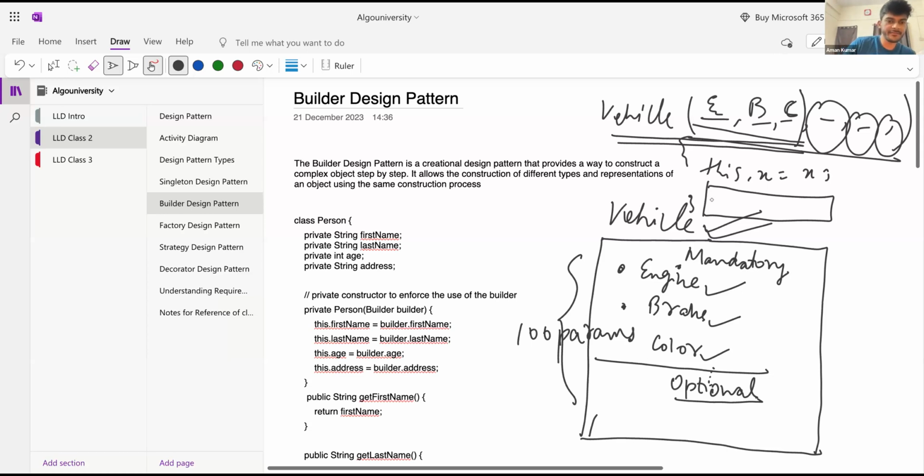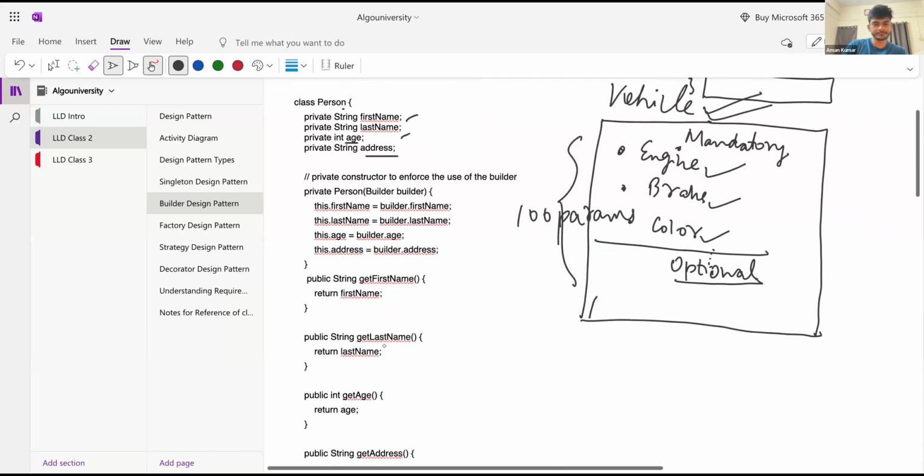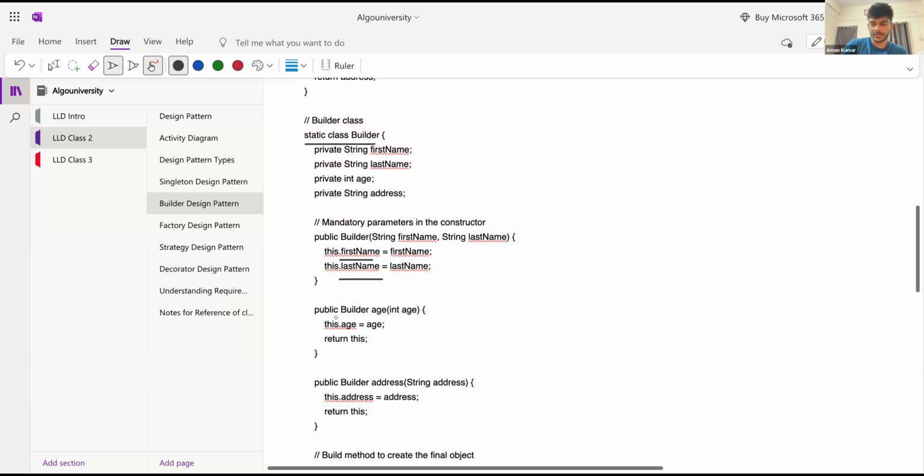Okay. So here we have taken an example of a person. So what a person has is a first name and a last name as the mandatory fields. The age and the address are optional. Okay. So what we have done here is we have created a static class builder, and the mandatory fields which I told you are first name and last name. So what a builder class actually does is it returns the same object